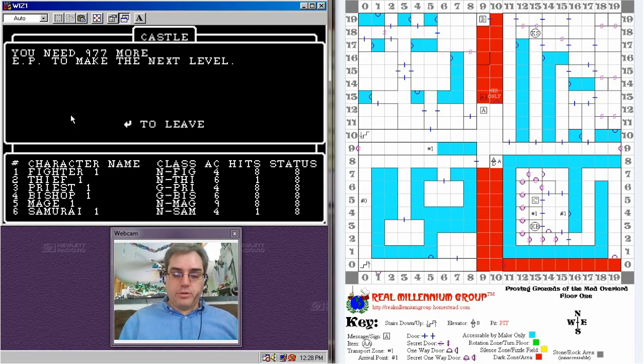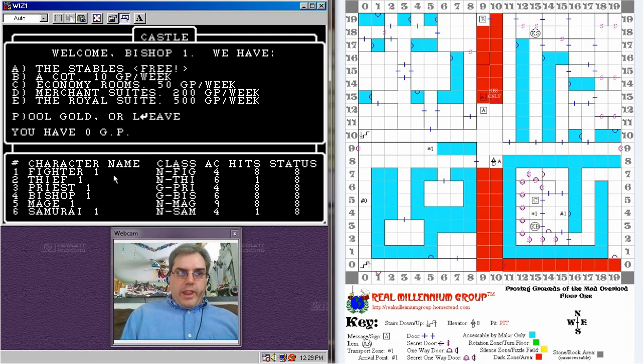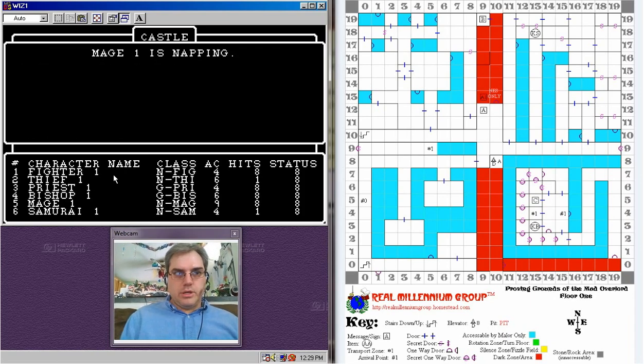Of course, the higher level classes will require more experience to reach the next level. Your basic classes, fighters, generally need very little experience points to advance. Thieves, same thing. Priests, a little bit more because they're a more advanced class. So, priest to bishop, we want our mage to enter. He will take the stables.